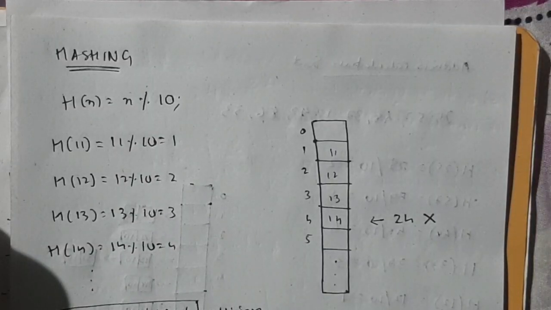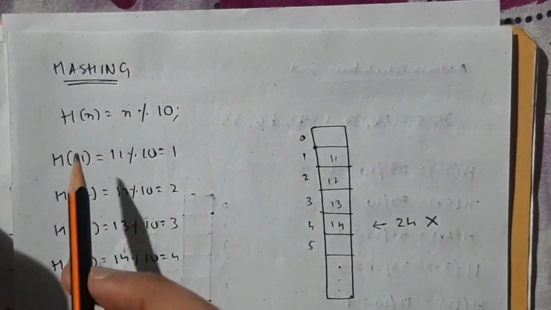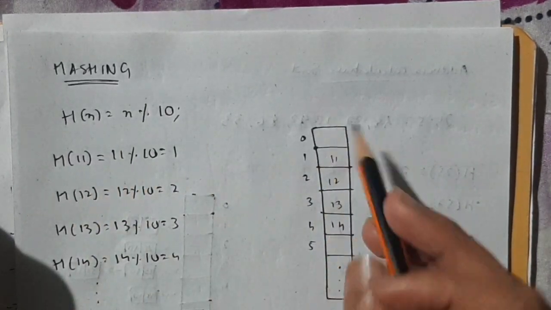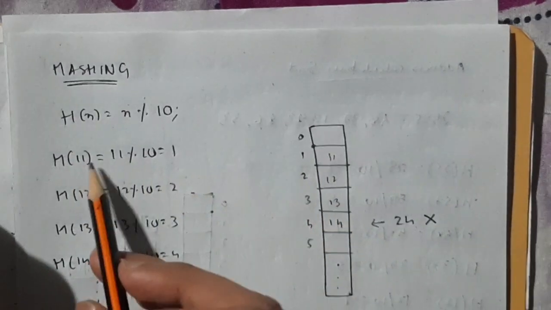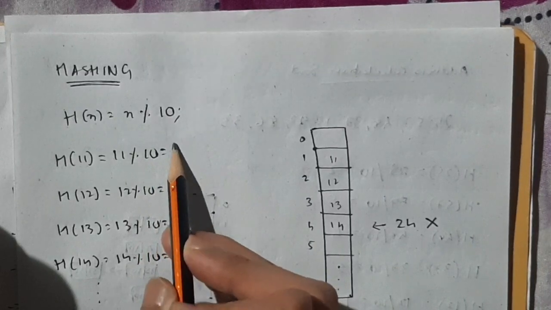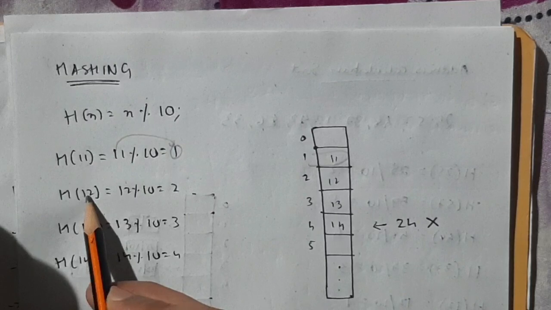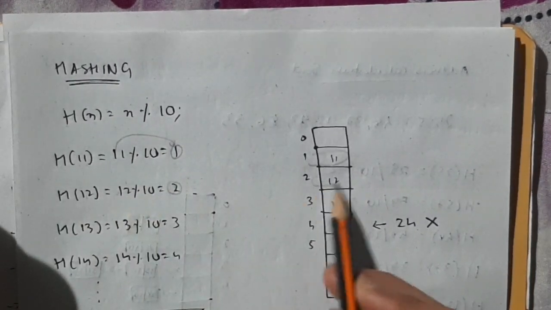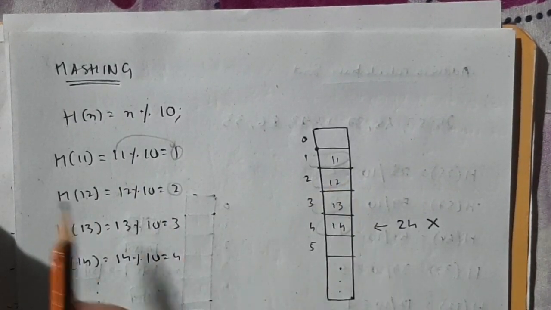Hashing is another concept which is to be focused upon. See, hashing is nothing, just h of x is equal to x percent 10. Suppose you have a box here and many numbers are also there. h of 11, if you want to store 11 in this box, how will you store? h of 11 means 11 percent 10, it will give 1, so at the first position 11 will be stored here. Then if you want to store 12, 12 percent 10 is 2, whatever value comes, in that position you will store 12. In that fashion we'll store everything. That way of calculating where to store which number is known as hashing.